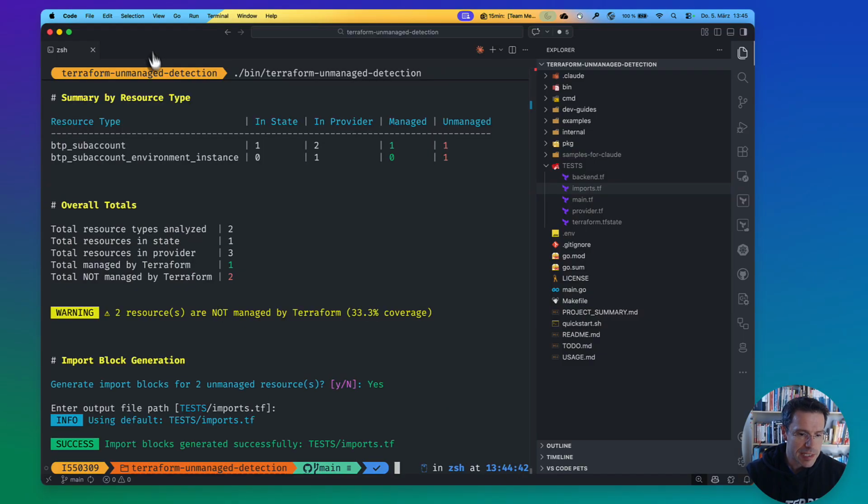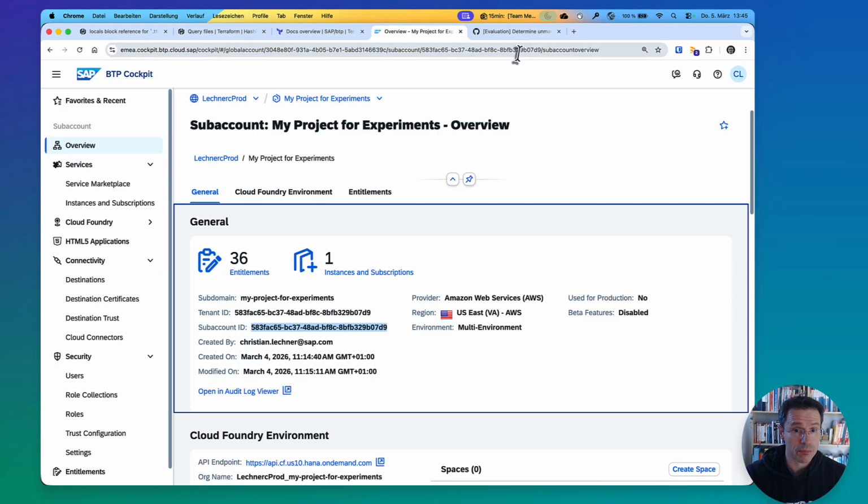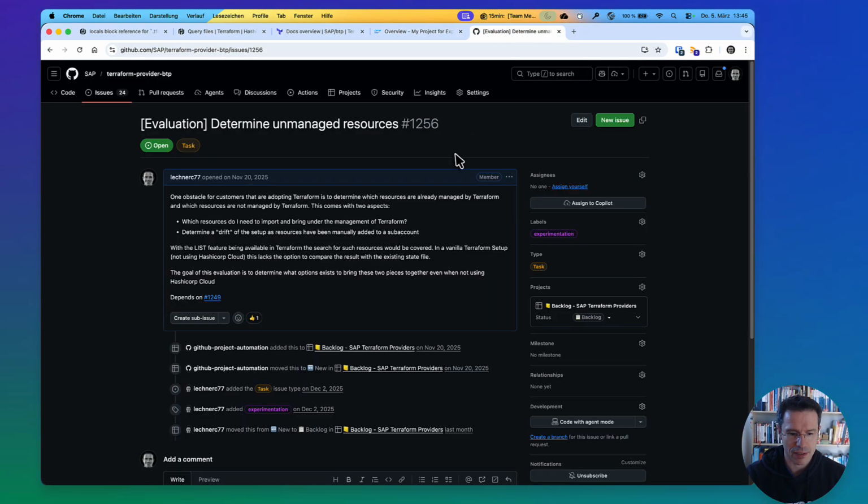So this is what we experimented with, and now we would like to hear your opinion. Do you think this is a useful feature that we should follow up on? Or do you say, nah, we don't need that, we have our own ways to do that? Super curious to hear your feedback. Let me know, or let us know. The perfect place to come back with that is